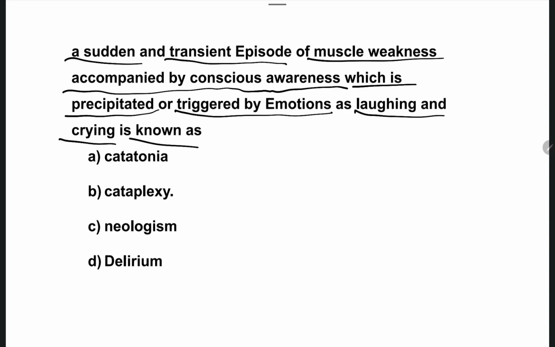So the patient is having sudden laughing or crying with the mind working, which is connected to the emotions. For example, when the person is unknowingly crying or laughing in a depressed or stressful situation,